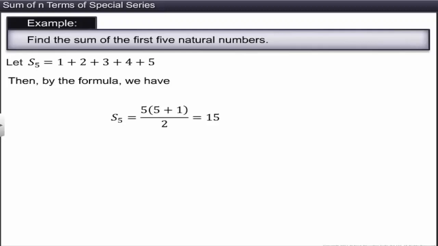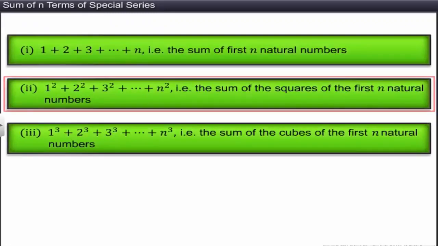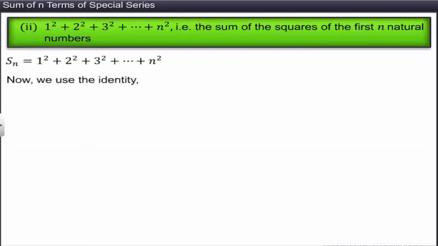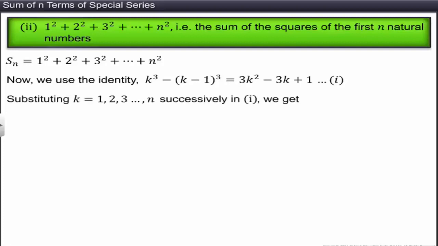Let us now find the sum of the squares of the first n natural numbers. Let us denote the sum of the squares of the first n natural numbers by Sn. Now, we use the identity k cube minus k minus 1 whole cube is equal to 3k square minus 3k plus 1. Denote this by equation 1. Substituting k is equal to 1, 2, 3, and so on up to n successively in equation 1, we get